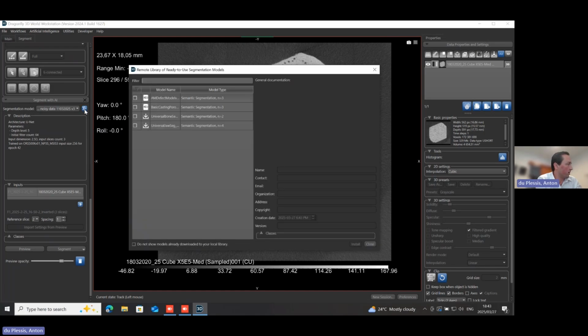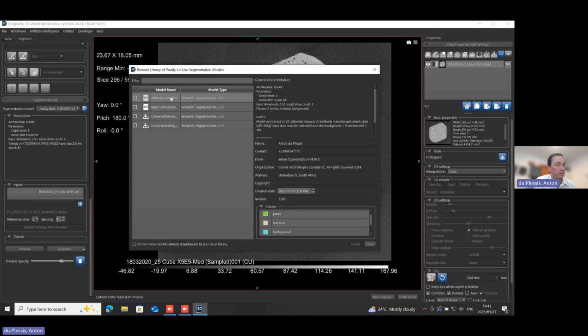So if you click on this little button, it takes you to a library of models which we have trained before. The first one in this list is the AM defect model. This one was trained on 25 calibrated data sets and is meant to segment pores, material, and background.